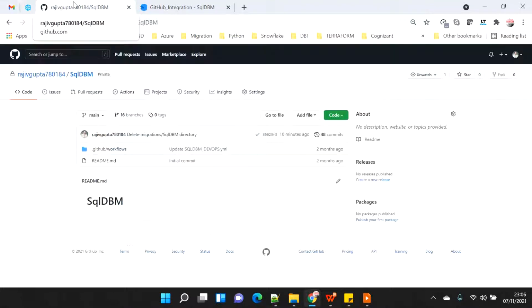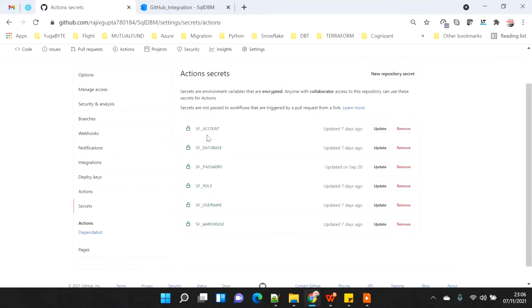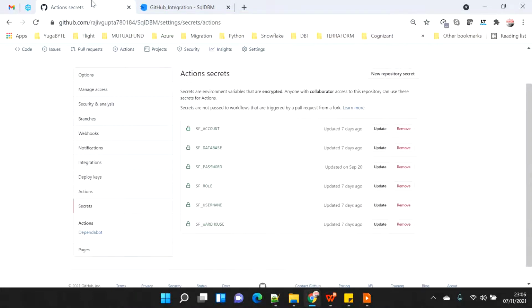One more thing I would like to highlight is that under settings, under secrets, I have provided my SF account, SF database, and SF password. The Snowflake account name is this one here. The Snowflake database is DEMO_DB, the Snowflake role is SYSADMIN, and then there are the username and the Snowflake warehouse, which is the default warehouse name.